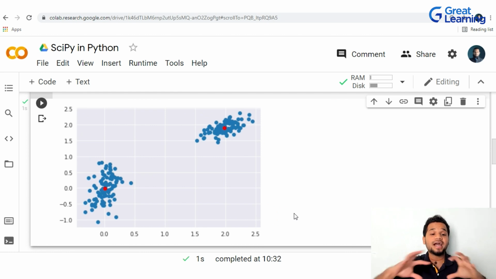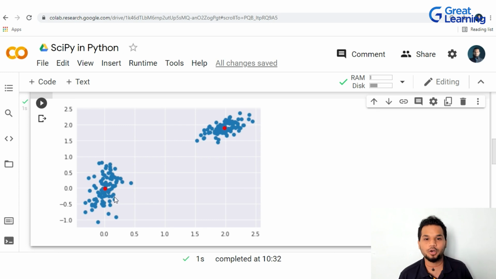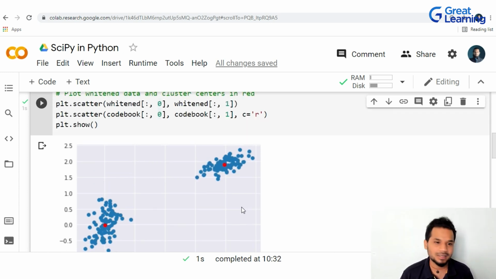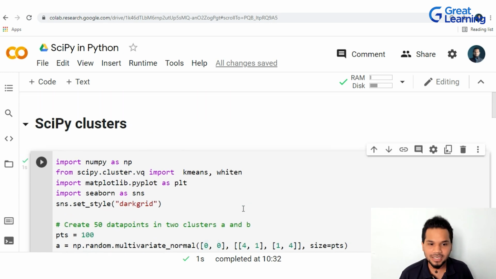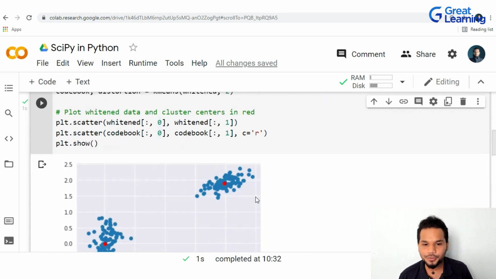Now look at this. We had two very different sets of data points, and here you can see that it has created two clusters for us. This is a graph showcasing how each of these points was mapped, and once the points got mapped, where these clusters were. You can see these two red dots, which plot the centers of these two clusters at hand. Again, 5-6 lines, and we can do a lot of these things.